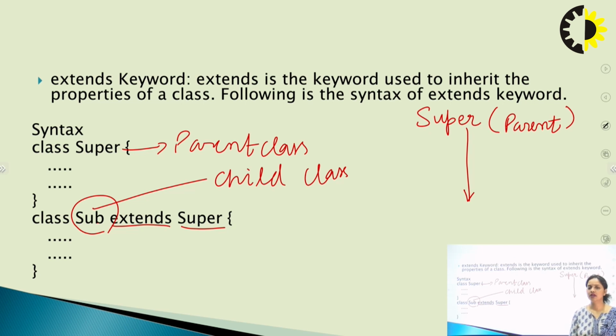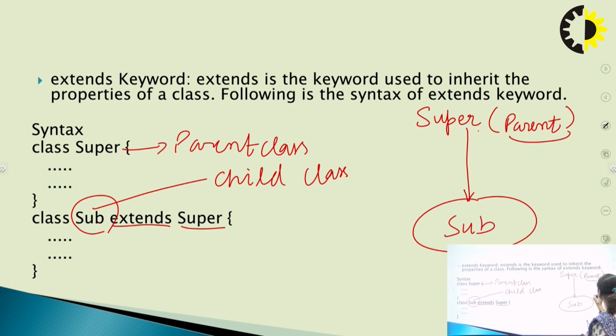The same concept we are taking from the real world into programming: certain important features which we want to use again and again in our newly created class, which is known as a child class. We can do that by using the concept of inheritance. Inheritance means accessing those required features in our own child class. So the super class is that ancestor class, the parent class, from where the features are extracted into a subclass, and the sub is your child class, or subclass.